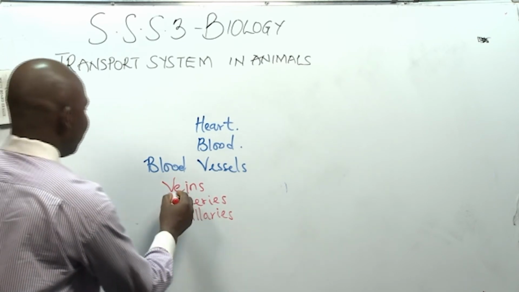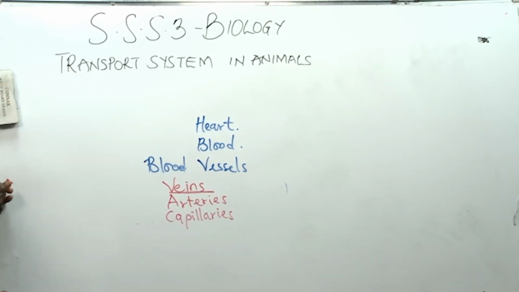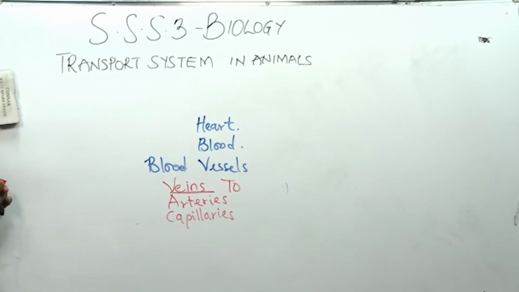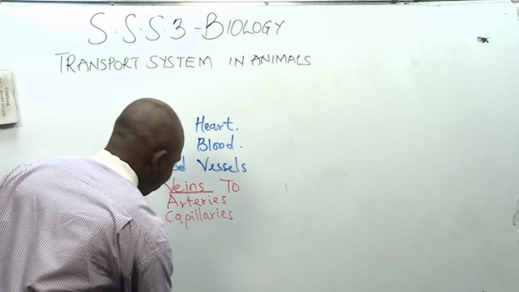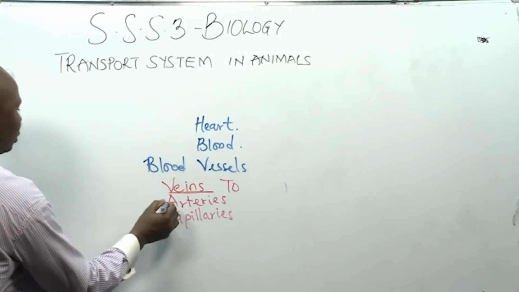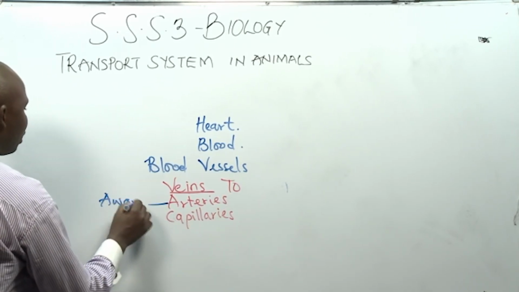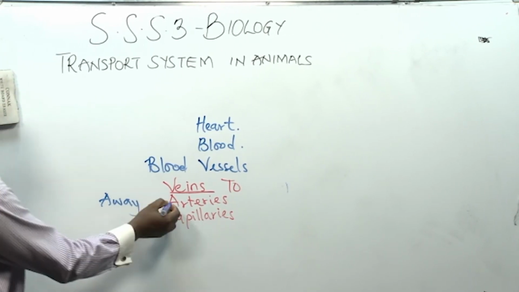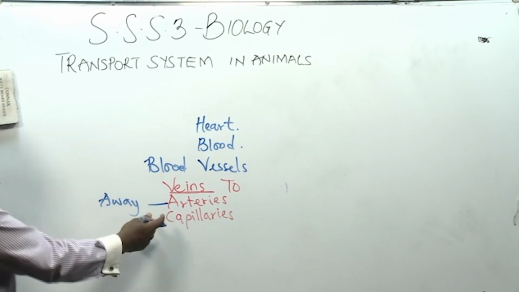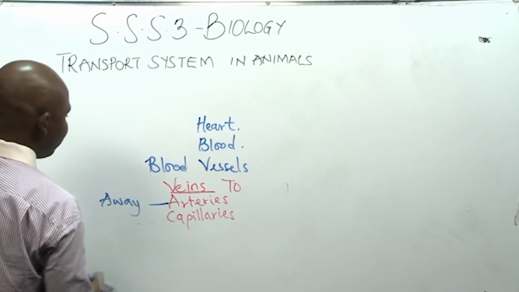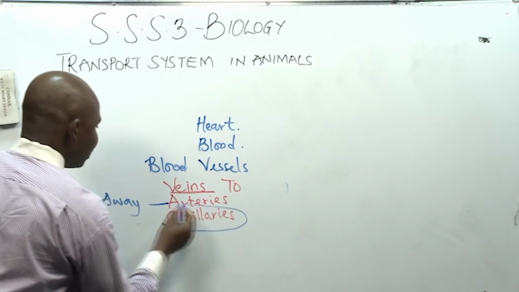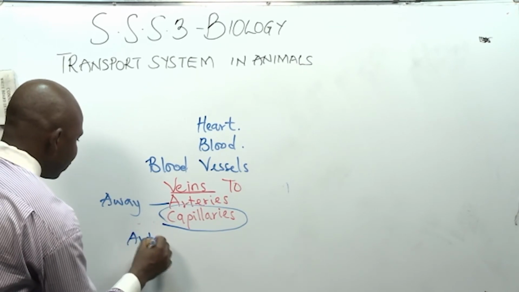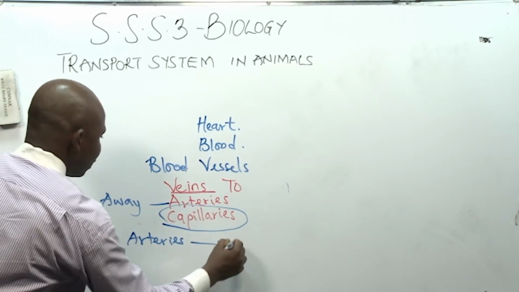Talking about veins, they are blood vessels that help to take blood to the heart. Don't forget, veins take blood to the heart, while arteries take blood away from the heart. I think you can relate that. Arteries take blood away from the heart. Now, capillaries is a blood vessel that is connecting arteries and veins